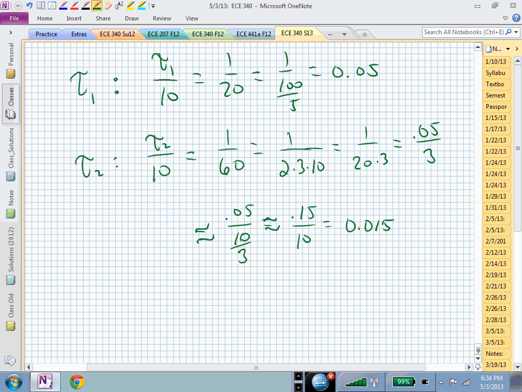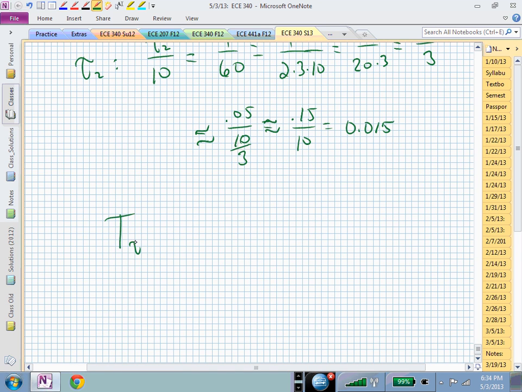So if I just worried about the time constant piece, my tau, I would be looking at the minimum of 0.05 or 0.015. But I also need to worry about